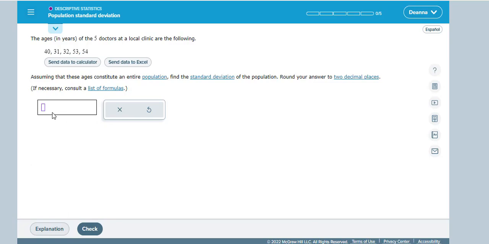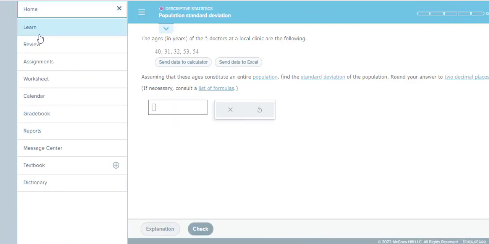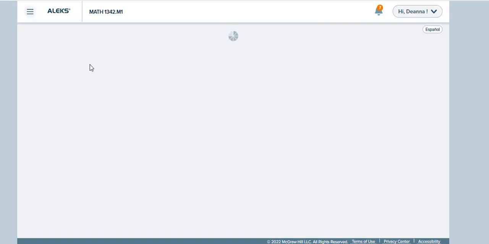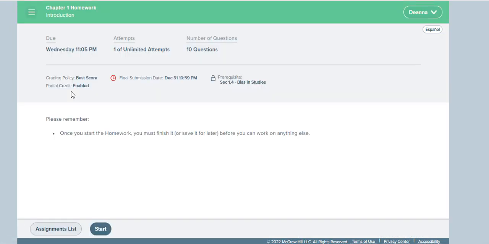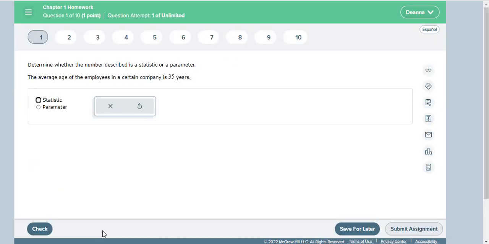It just depends. If you want to quit working on a module and you've completed enough assignments to where the homework is open, then you can click on the homework. Once you start a homework assignment, you have unlimited attempts in order to get a problem correct. If you get stuck or if you miss a problem after you submit your assignment, when you go in to retake the assignment, it'll give you credit for the problems that you already got correct, and you'll only have to rework the problems that you got incorrect. That's true for the exams as well.